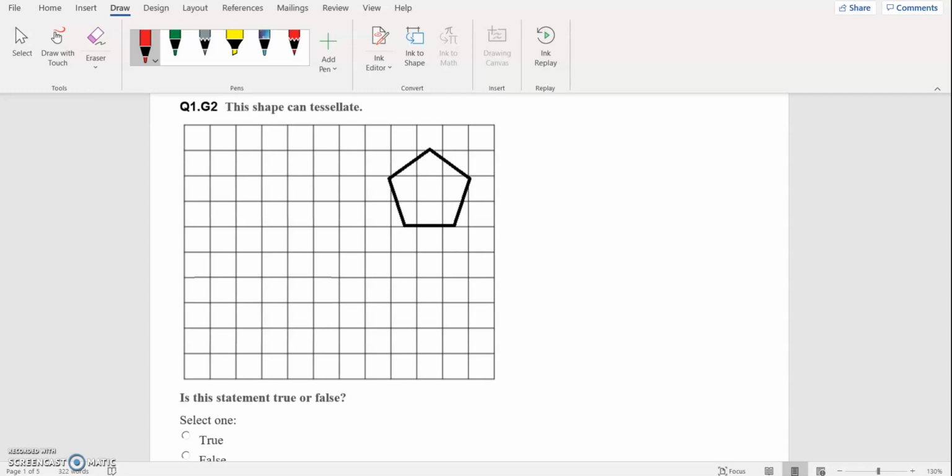So we've got a pentagon and we've got to work out whether it tessellates. A shape that tessellates can have many of them fitting together with no gaps. So trying to draw some pentagons, and then if I try and draw another one next to this,